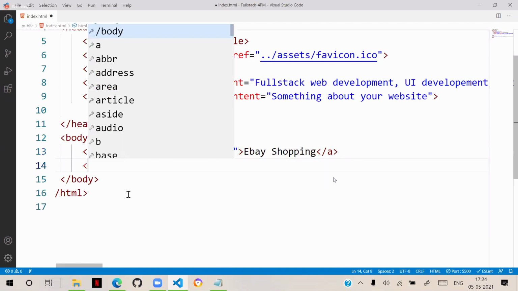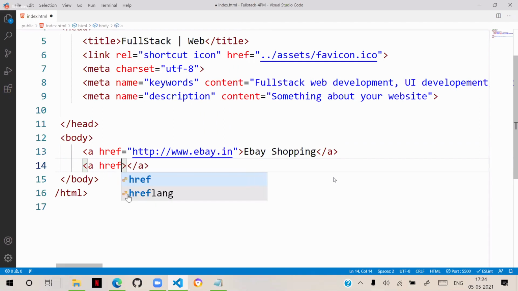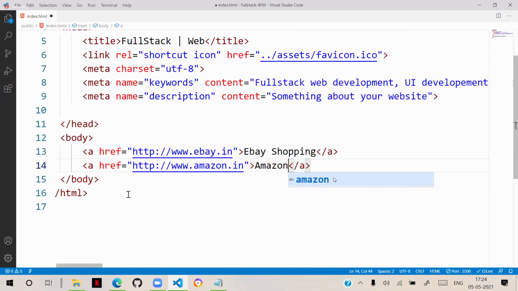We have another link, http://www.amazon.in, so Amazon. You can observe here when we open this, these two links look like this: eBay shopping, Amazon.